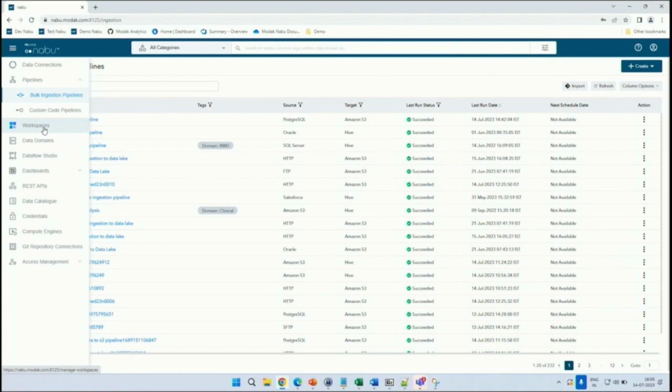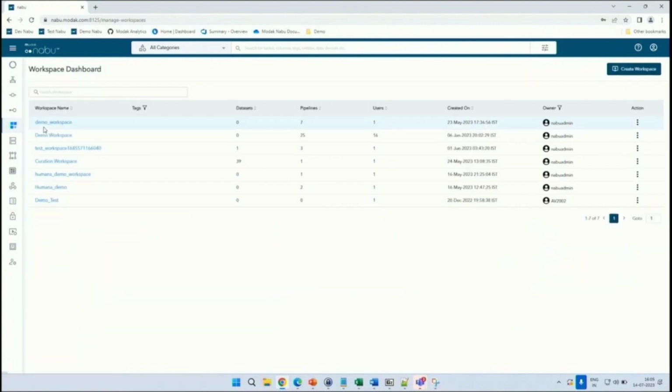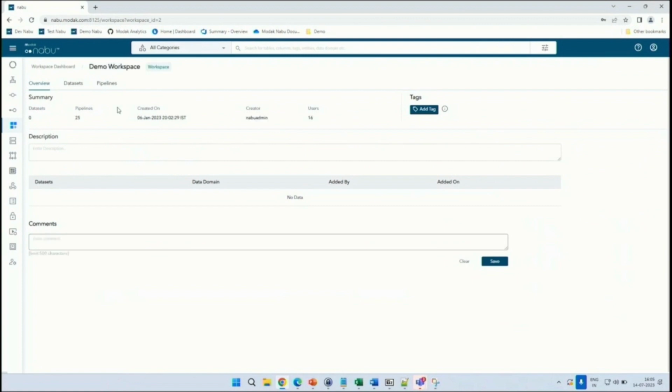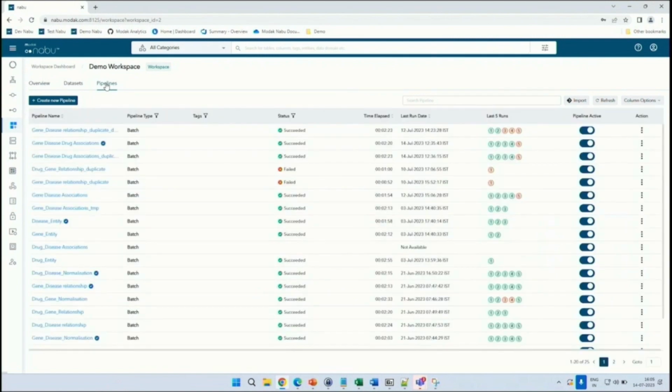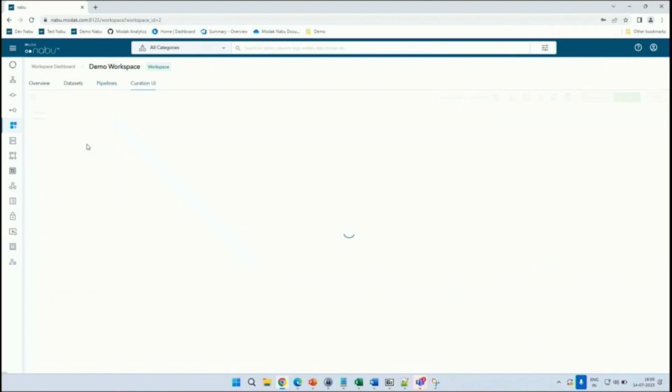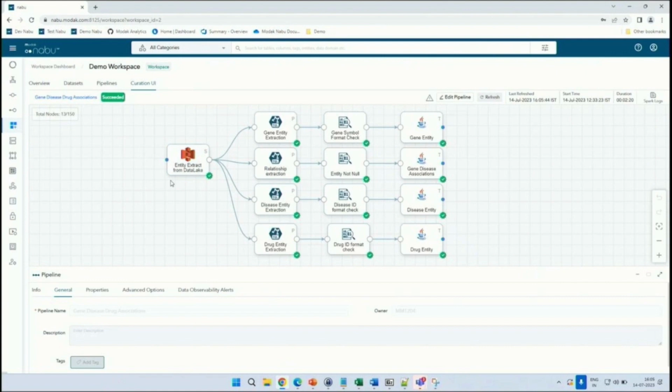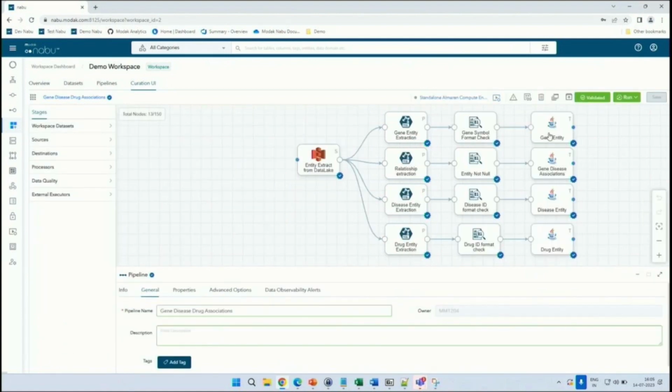As a next step, the data can then be transformed for a variety of use cases, which is where Nabu provides a collaborative work environment in the form of a workspace where different users from different cross-functional teams can come together to create these pipelines using a no-code approach, discuss the transformations required, execute it, and monitor it from the same environment. An example of a data transformation would look something like this, where once the data has landed, there are various kinds of transformations being applied, and then the final output is being created.